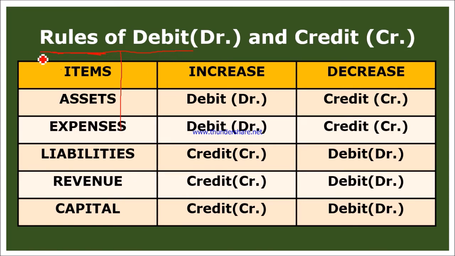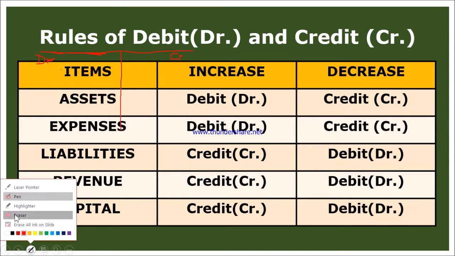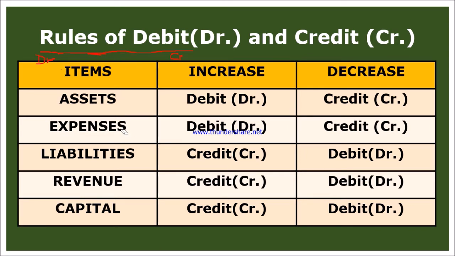Now any item that we write on the left hand side, we consider as debit. And anything we write on the right hand side is known as credit. So in this T-shaped account, anything written on the left hand side is known as debit, and anything written on the right hand side is known as credit. This is a simple definition as far as I know. So we got the meaning of debit and credit.